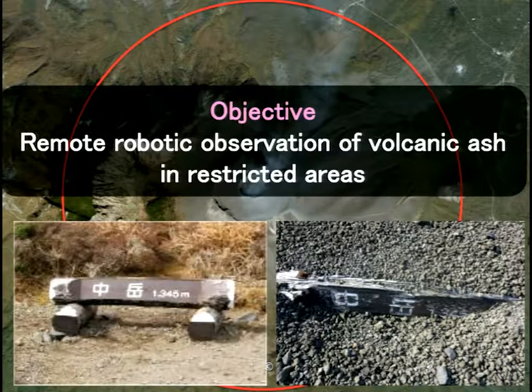To overcome this situation, the Ministry of Land, Infrastructure, Transport, one of the governmental organizations in Japan, contacted us about the possibility of using a remote robotic observation system in such an environment for predicting debris flow. For the prediction, the most important information is the amount of piled volcanic ash. The information can be just pictures from before and after eruptions. Obtaining these images is the objective of our research.